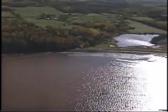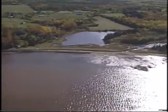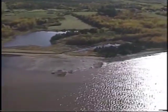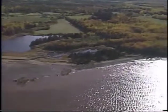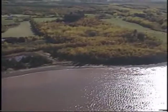We're just going by some of the small barriers. The first one had an outlet coming from the marsh, probably ephemeral, but it's open right now. Sand dune with marsh behind it. And the second one also has